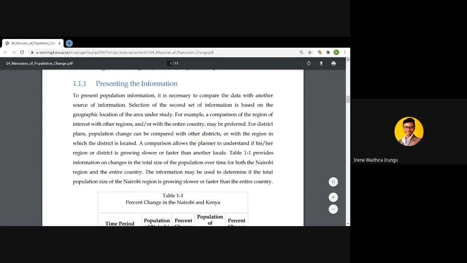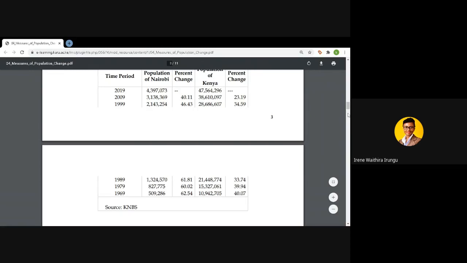there is more in-migration in Nairobi compared to the other parts of the country, which is reasonable because people are more likely to move to the city in search of jobs. It can also be a situation where the experience of birth rates in Nairobi is higher compared to other places in the country. So, and as we monitor this particular change in comparison to the total population, we're able to